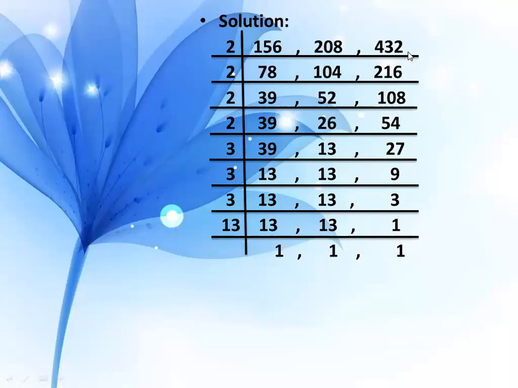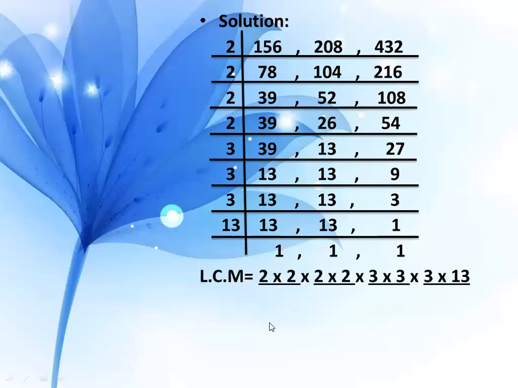So what we have to do next? We have to multiply all our factors. How? Let's see. You will write all your factors here by multiplying with each other. To make your calculation easier, you will make pairs of each and every number. So 2 multiplied by 2 will become 4, 2 multiplied by 2 will become 4.